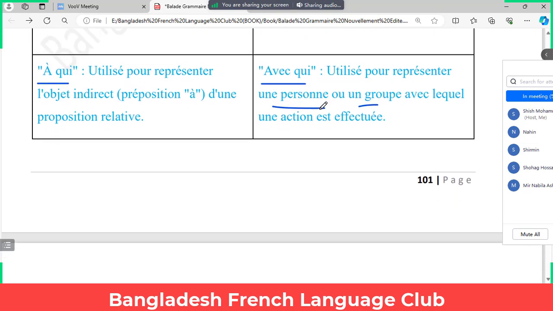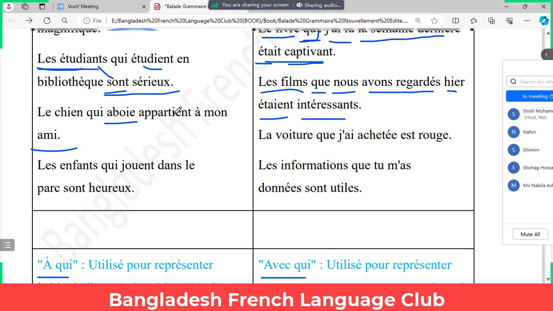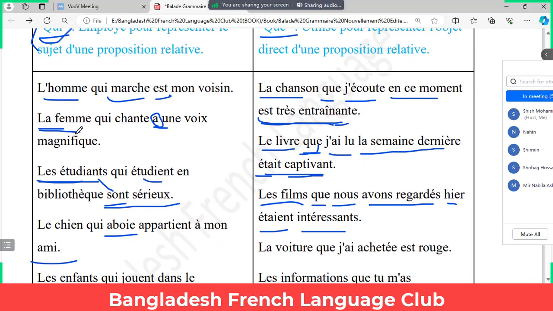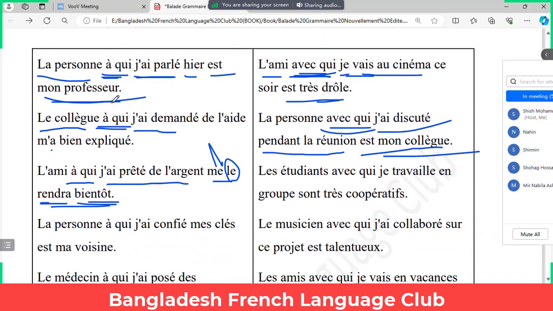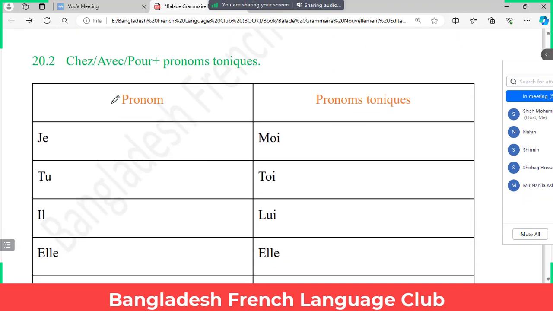So here, you see, avec qui, after that it's je vais au cinéma, right? Subject, verb, object. So à qui, after that j'ai parlé, subject and verb, right? So the only difference is with just qui, after qui we don't have any subject but only a verb. Okay, this is the thing. And